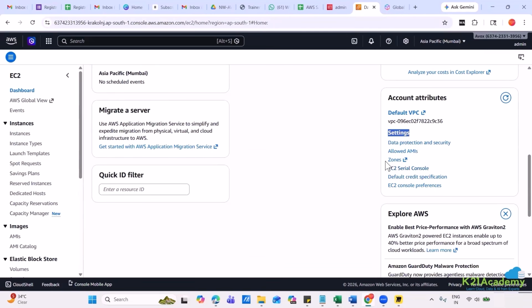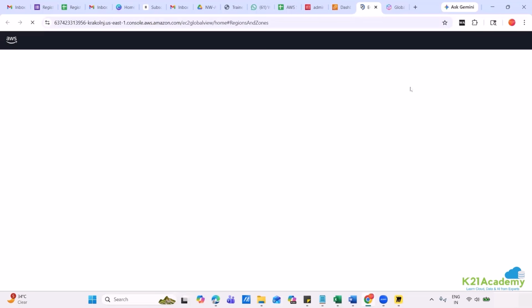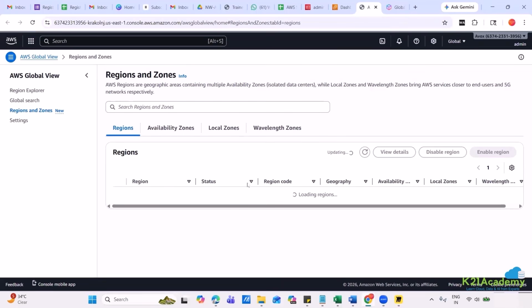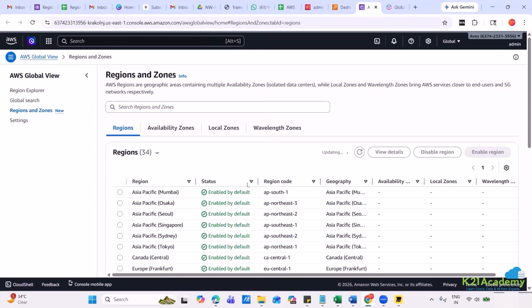And under settings, I can see zones. Do you see? Zones. So if you click on the zone button, another page opens. Just a minute, I'm just going to read it and answer. So you can see the number of regions, availability zones, local zones, and the list of wavelength